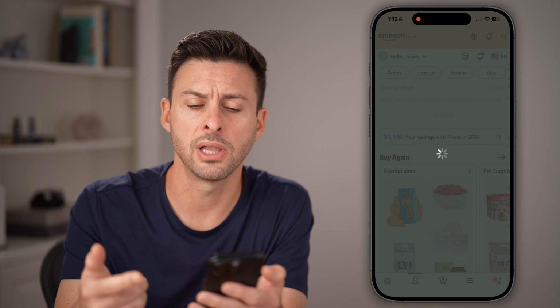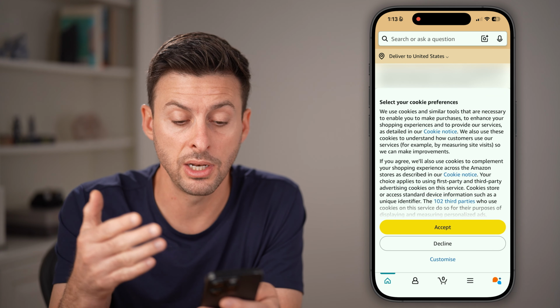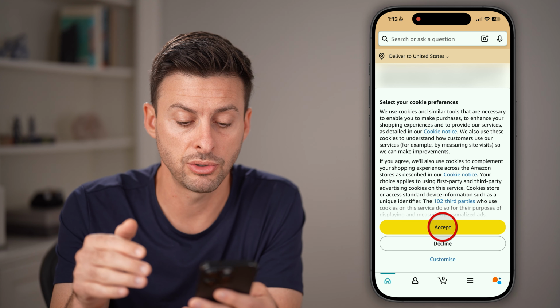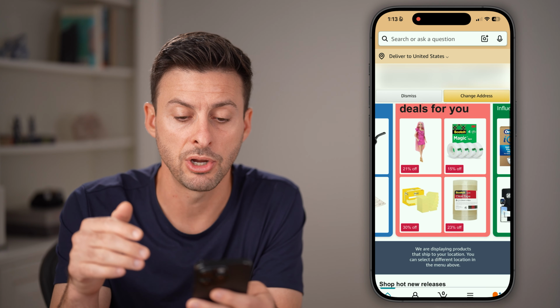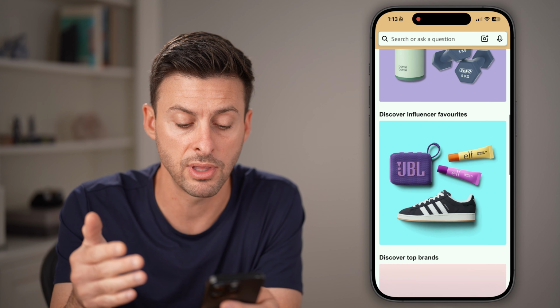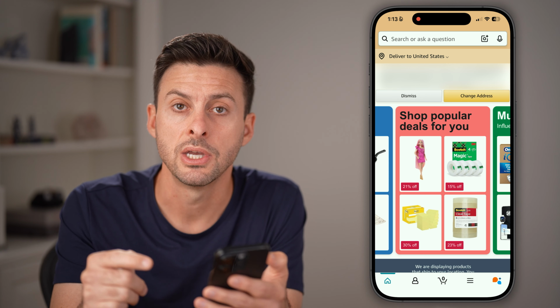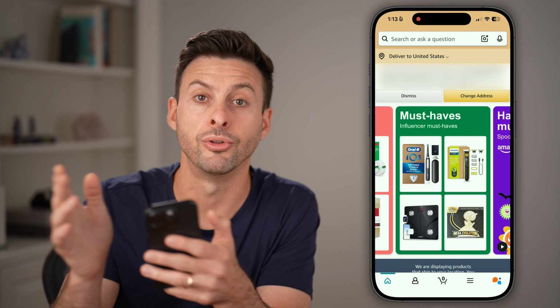I can also change the language, and by doing this, it will change the associated payment method. Just hit accept here. It'll change the monetary, the currency for everything, all of that stuff. But keep in mind, you also want to change your address so it doesn't deliver it to the old country